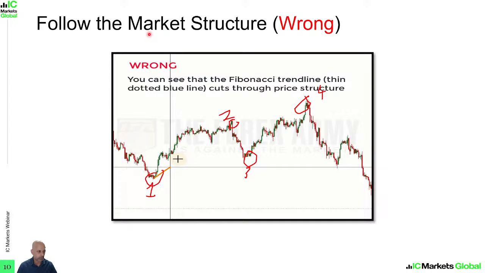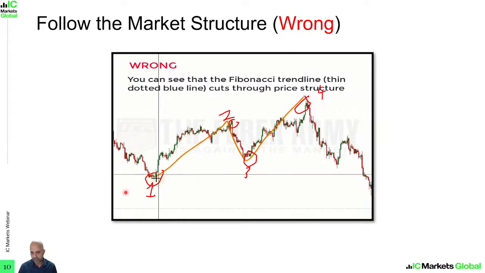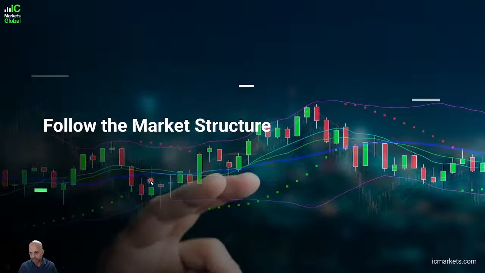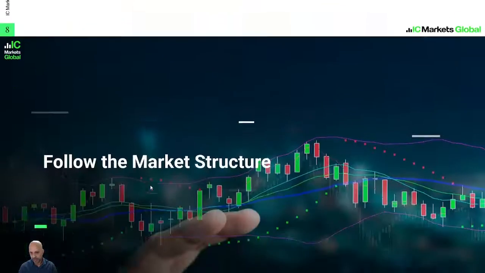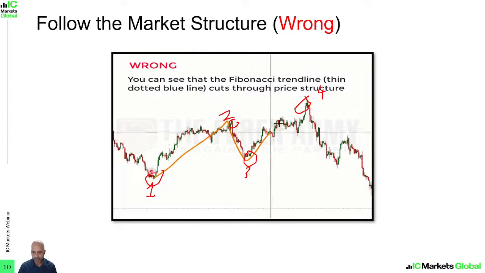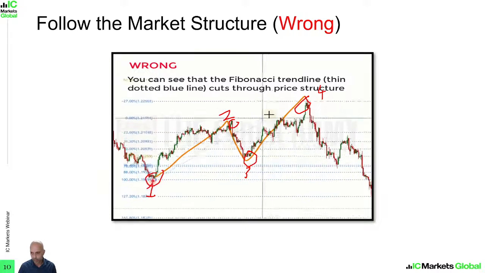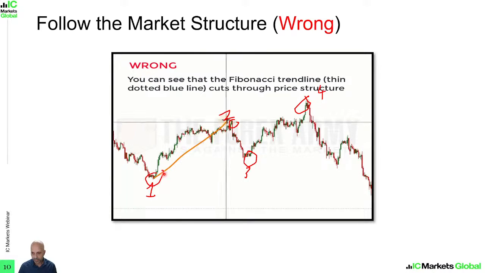So what do we mean by follow the market structure? Whenever we use the Fibonacci retracement tool, there's always a trend line, right? When you look at this GIF here, the starting point is 0.1. They've started this retracement tool from 0.1 and they've ended it at 0.4. If you look at this diagonal blue line, once it comes back on, we'll see this diagonal blue line stretching from 0.1 to 0.4.